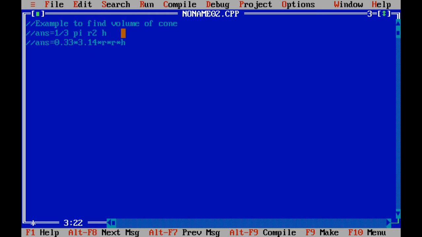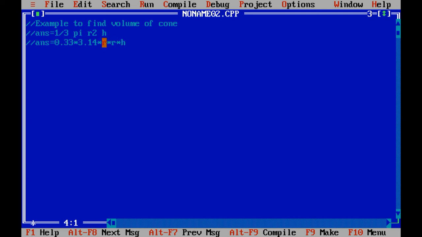Now let us consider the input, output and processing statement. Is this the input variable or output variable? Yes, output variable. This is the input variable and this is the input variable.